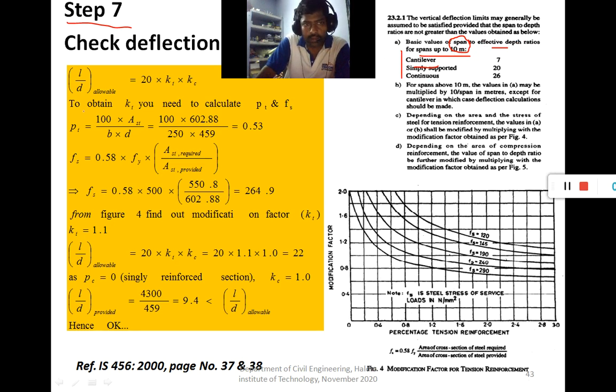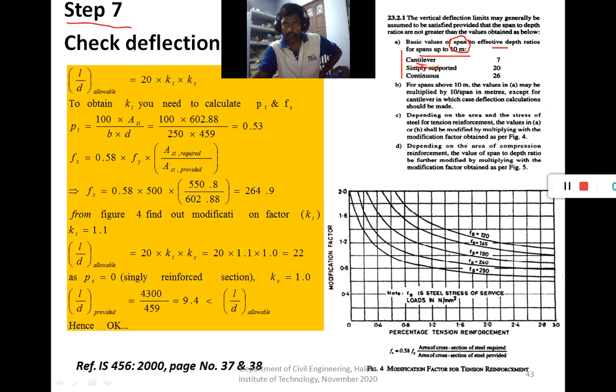So the sections we have used should be within the allowable deflection. Different types of beams are given, and for each type of beam the deflection limit is given.